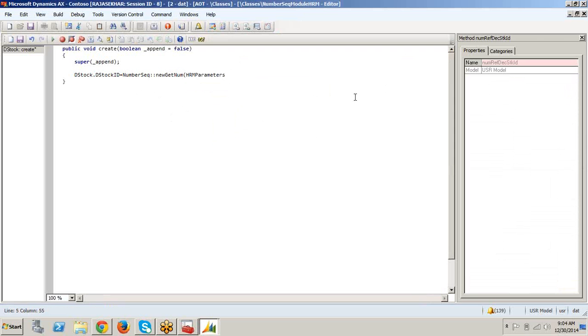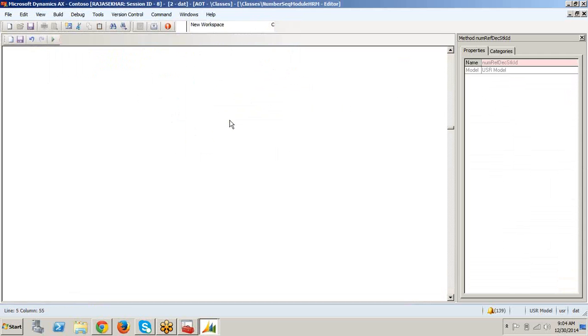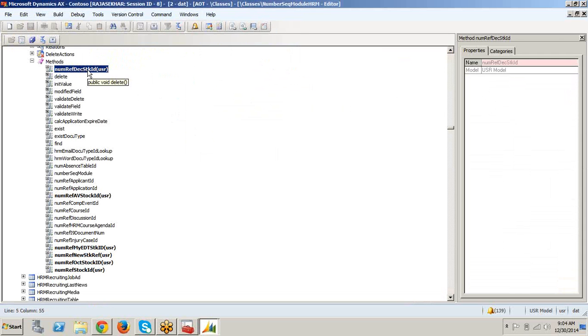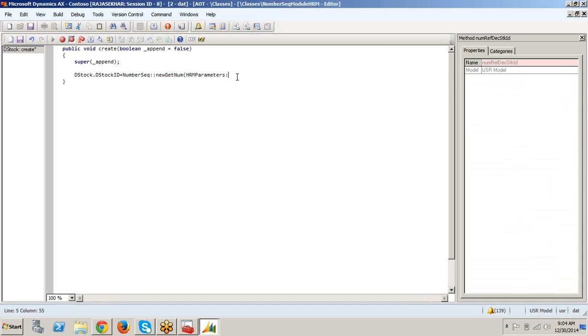Yes. Okay. So we created a method called number of DSC stock ID. Okay. So here what we'll do is HRM parameters, number of DSC stock ID, which will take, okay, here. This will return the EDT stock ID, number of DSC stock ID.